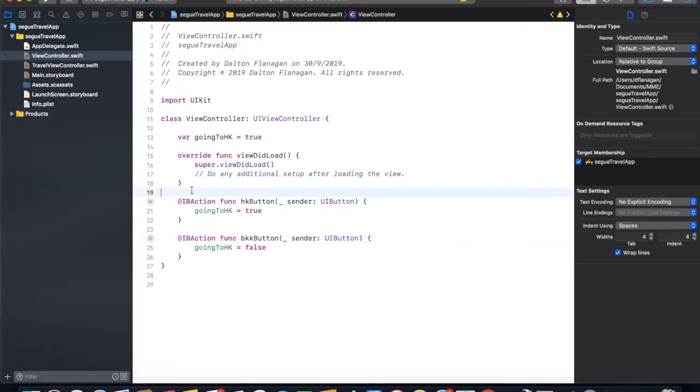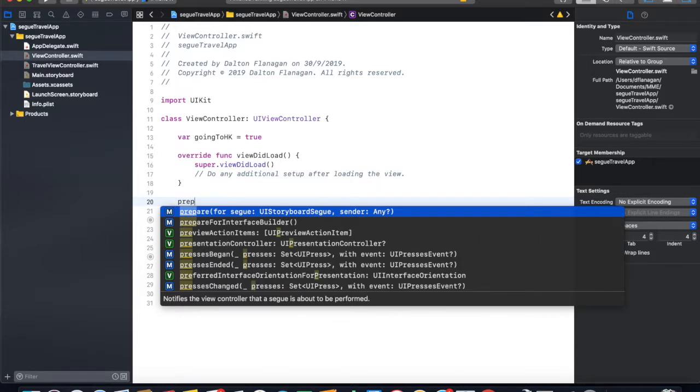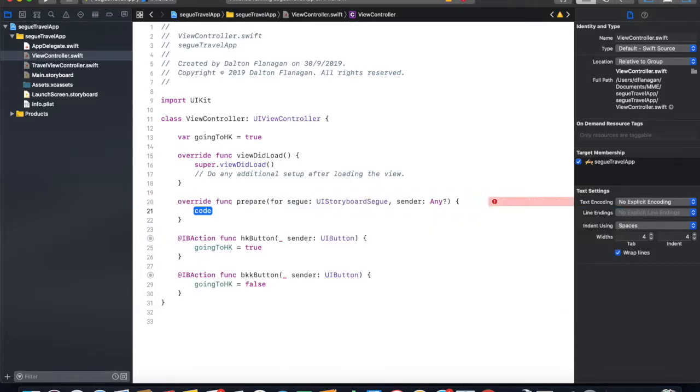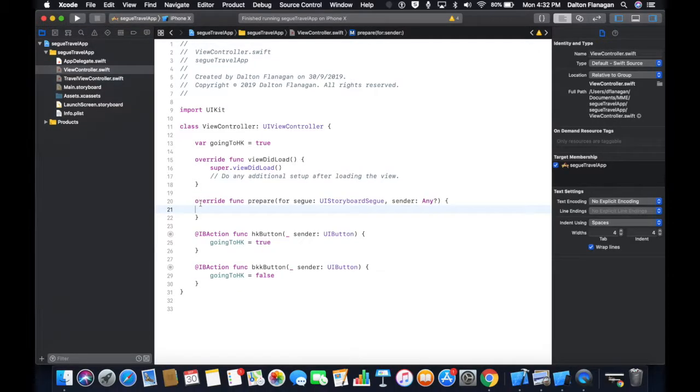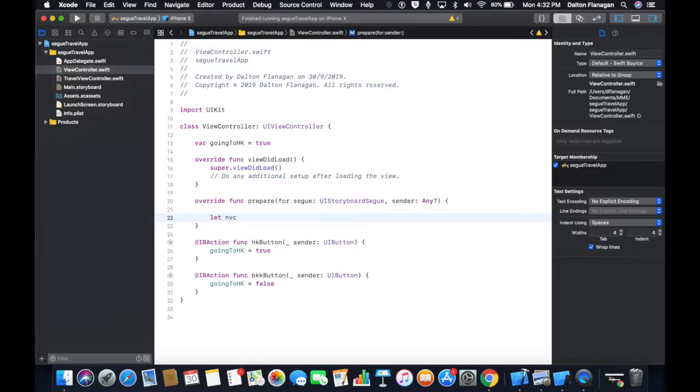And we need to prepare for our segue. So up here, okay, we have this override function, prepare for segue, and underneath it we're going to set a constant, let NVC. I'm just using the letters NVC to stand for Next View Controller. And it's going to be a segue destination,